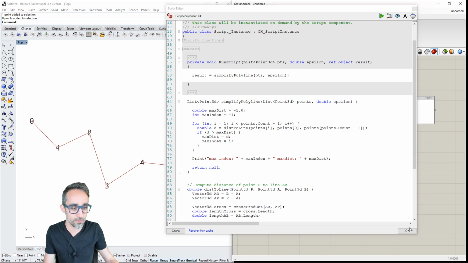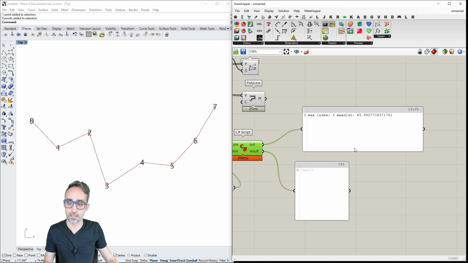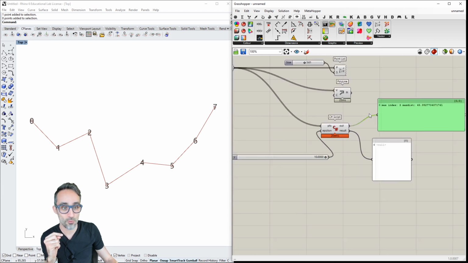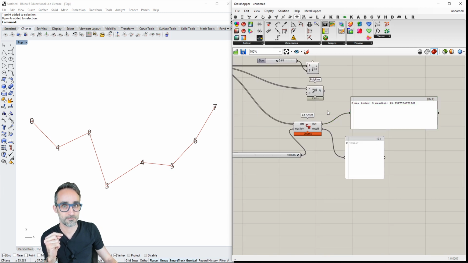I'm going to close this here, and it looks like this is working well. It looks from my polyline that number 3 is the vertex that is farthest away, and that 45 is the distance between this point and the virtual line between 0 and 7. So we're on good track, okay?